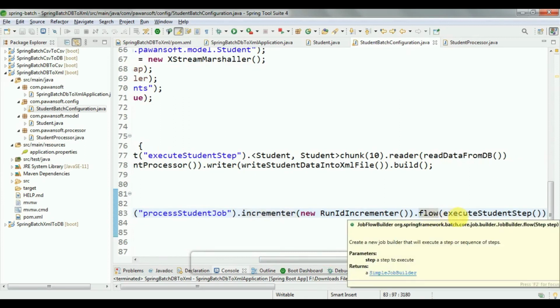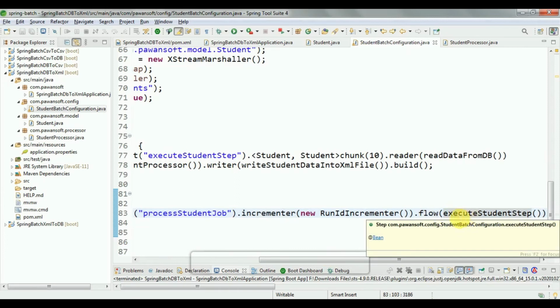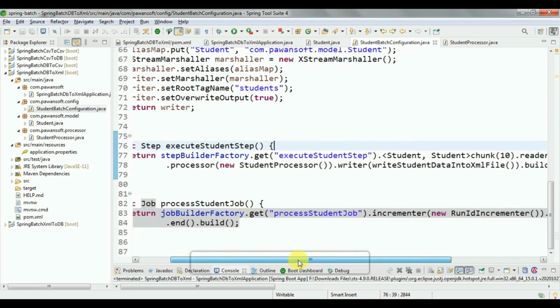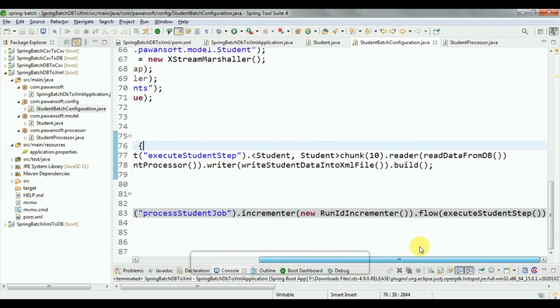Inside the flow we have to declare the steps. So I have the steps, the execute student step method. So here I have the step, execute student step, and then call the end method, and then build. So all beans are ready. So this is the job and these are the steps, all the code,